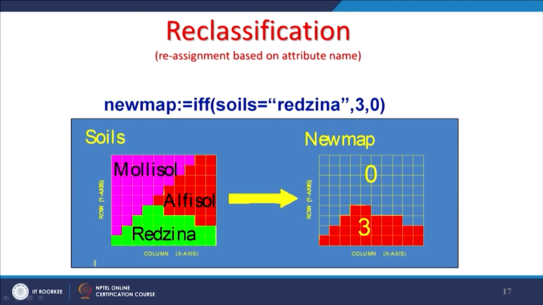Similarly, a reclassification is done that generates a new map: if soil map equals Red Gina, and if it is true then 3, otherwise 0. So, this is what is done. The green one is the Red Gina which satisfies this condition of my query, and the rest do not. So, this is a conditional operation, and the 0 value has been assigned for the rest of the area.